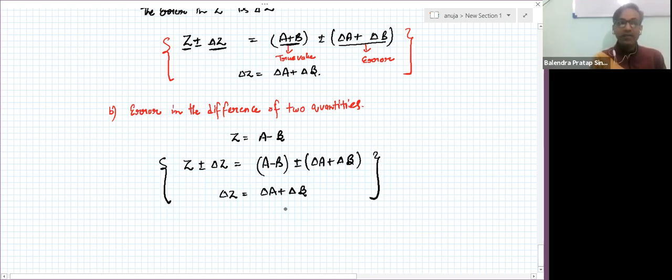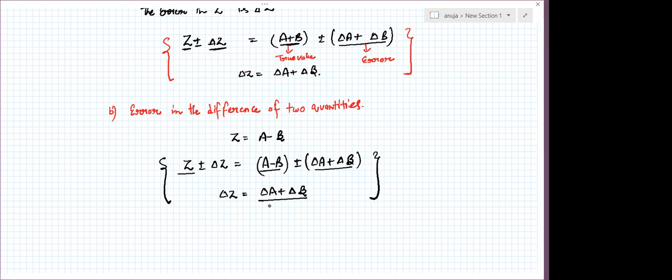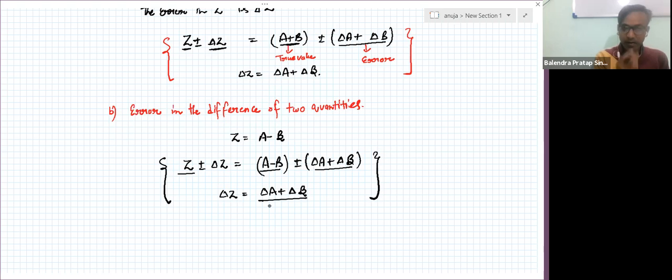One error minus second error, it gets some big error. So remember, if it is plus or minus, the value of Z is basically A minus B, and the formula for error is the same, again delta A plus delta B. Okay, is it clear? Now let's do some problems on these two parts. There are basically five formulas for combination of error. So these are basically two, or you can say only one formula.